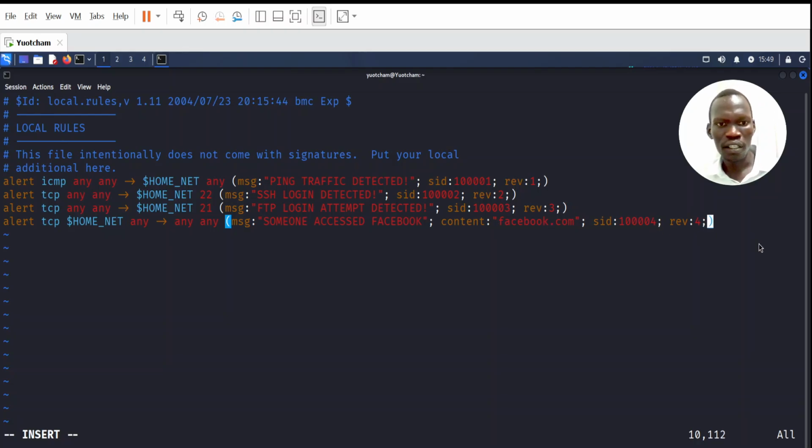And up to here, we are all set. We are now ready to go. This simple rule will detect whoever tries to access Facebook using our network. So here we can save the changes,